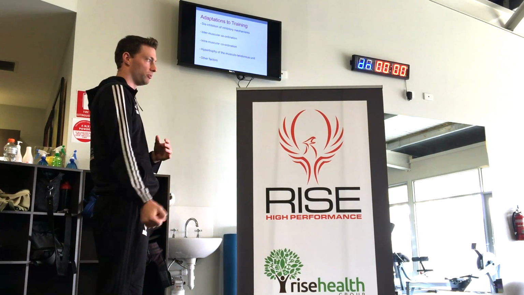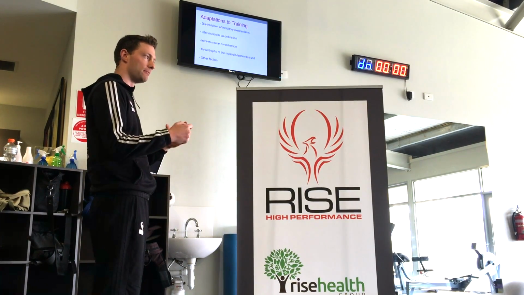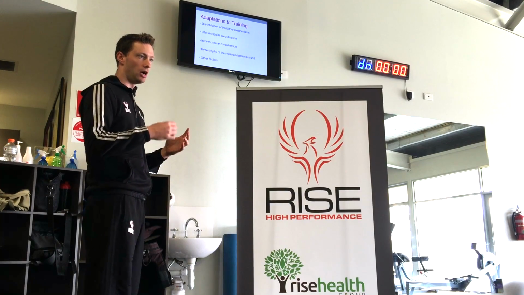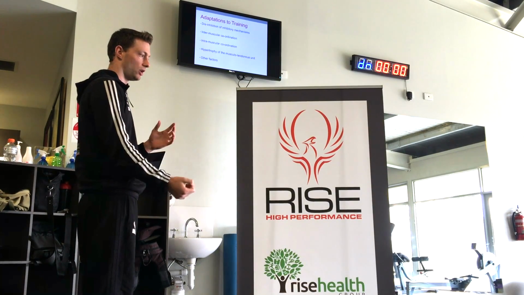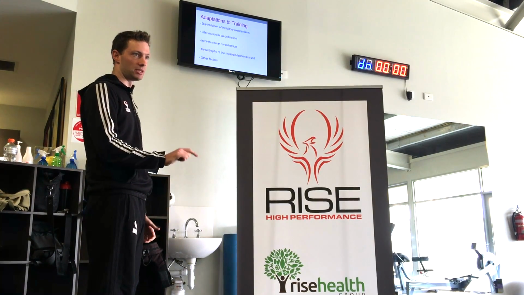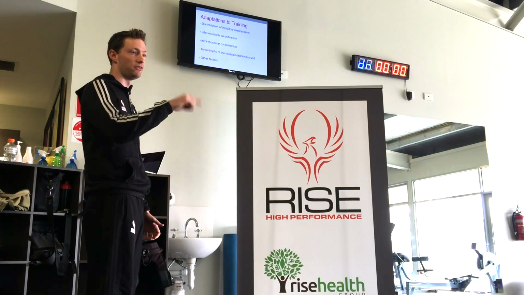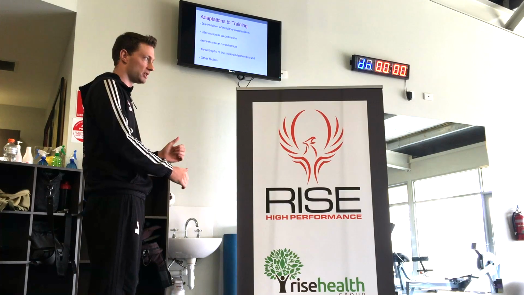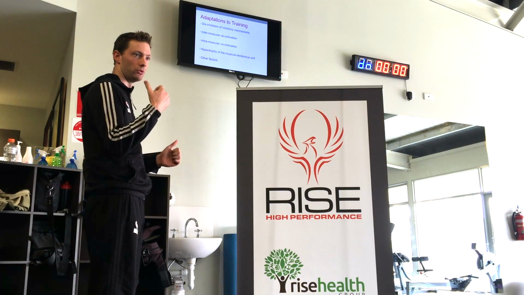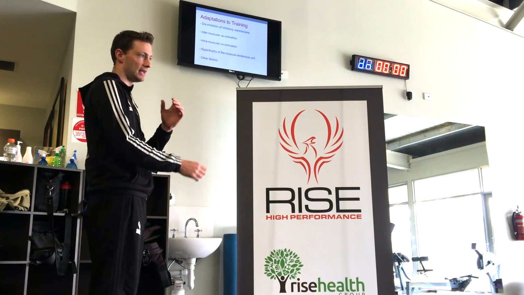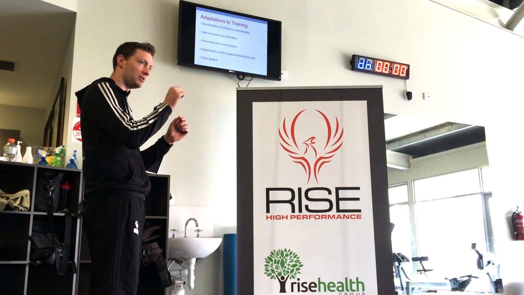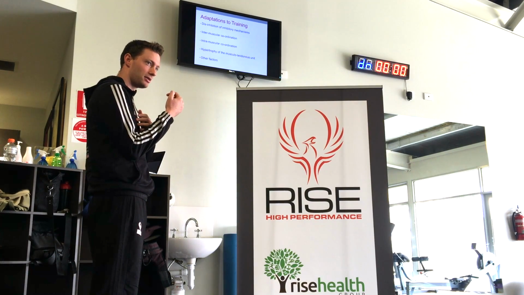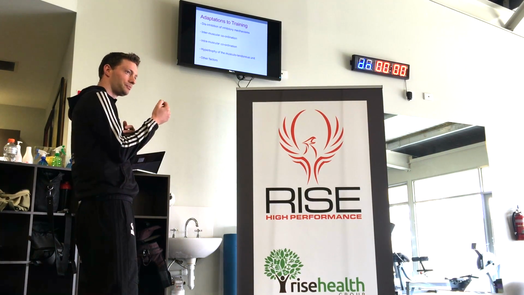Now as you do that movement over and over again, the body learns, okay, this is what Matt's asking me to do. I need to become more efficient at this, so I'm going to turn off the stuff that's making this movement less efficient. So, as a most basic example, I'm going to switch off the antagonist. And in turning off the antagonist, I'm getting less inhibition into the agonist. Does that sort of make sense?